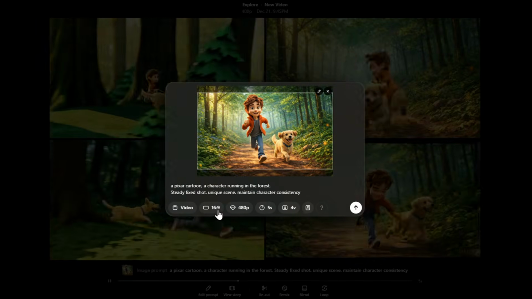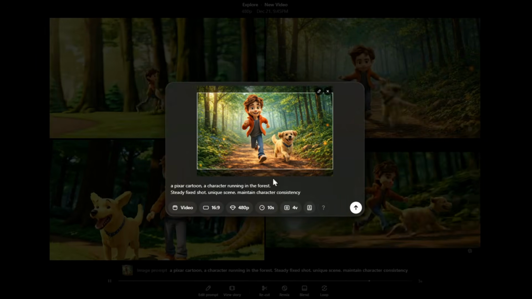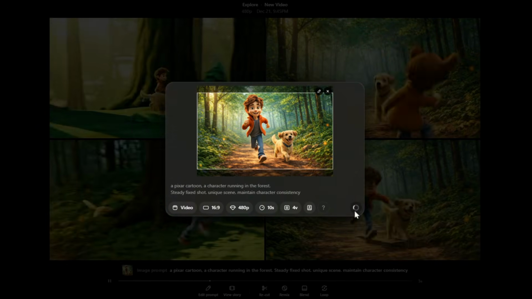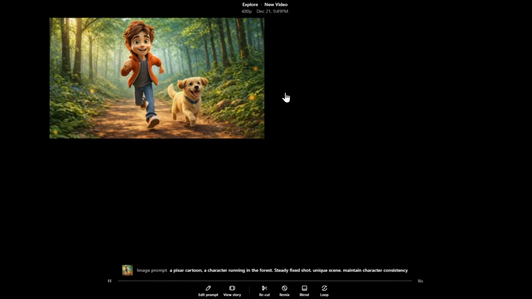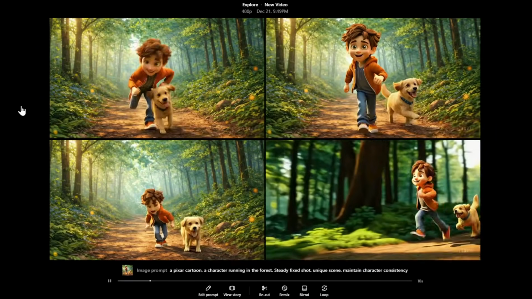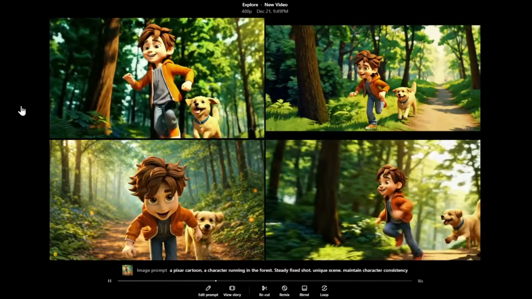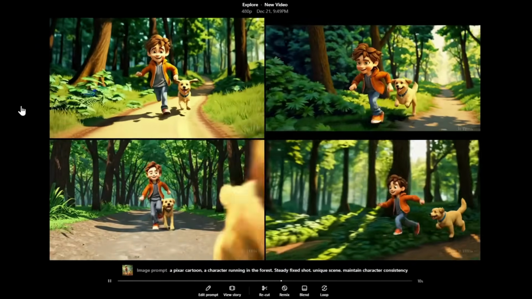Also a good thing to know, you can either generate clips of 5 seconds or 10 seconds. At first, I thought you should always go for 10 seconds. You know, why go with less? But that's not very true. The 5 seconds option seems to be more consistent at times. For example,